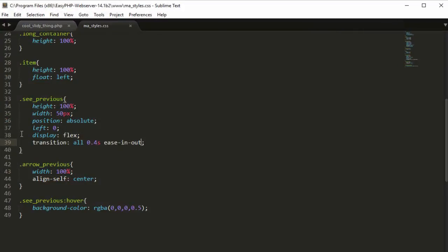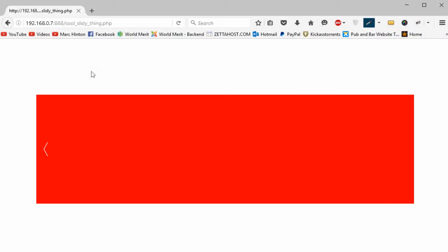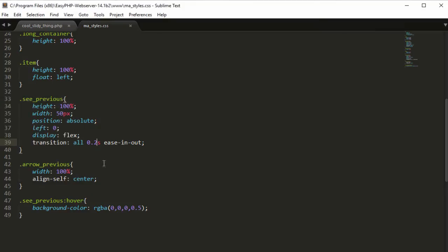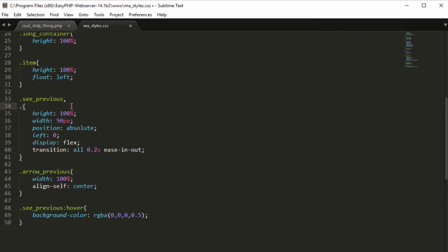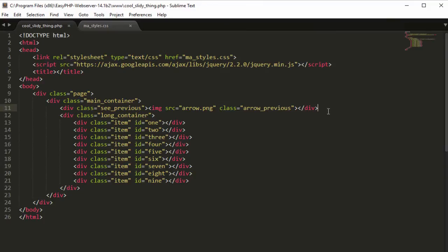I think that's a little long, so we'll cut this in half and say 0.2 seconds, and it's like this. So this is perfect. And now we want to create the next button, of course. So this is going to have all the same properties as this. So we want to say C next. Now we need to just copy this